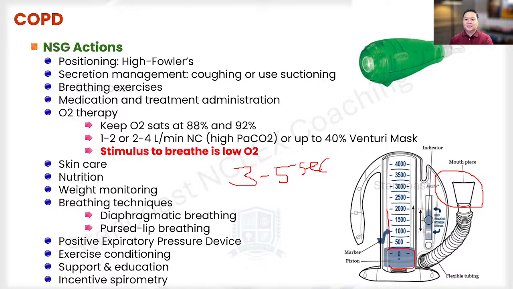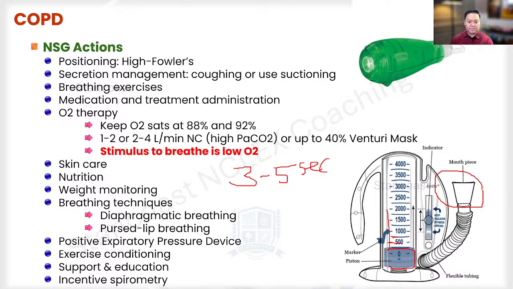Okay. Now, guys, for the COPD, don't put too much expectation on your patient when they have COPD. All right, don't do that. Start with the lowest goal. Maybe start with a 500. And if they can do that more often without difficulty, then the next time that they use the incentive spirometer, up it a little bit, maybe 750. Make it gradual in order that they can do a whole lot more of the deep breathing effectively.